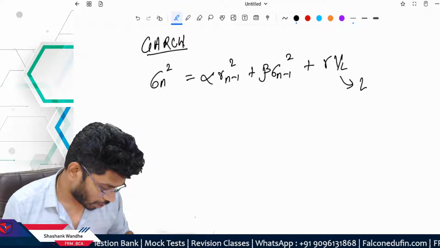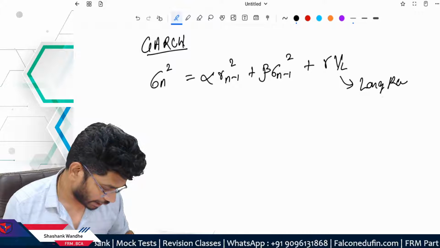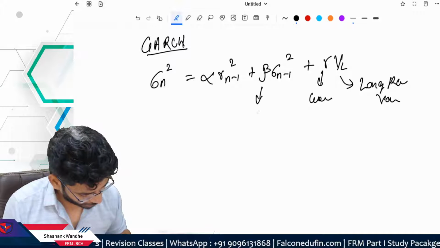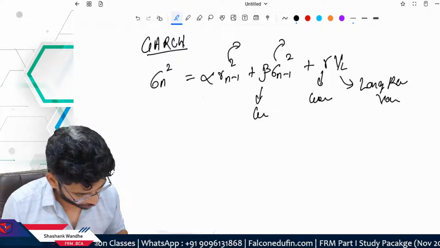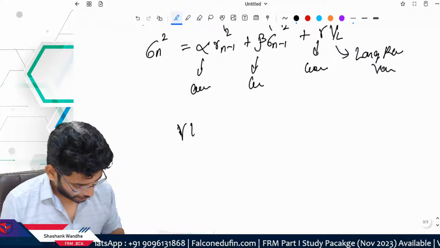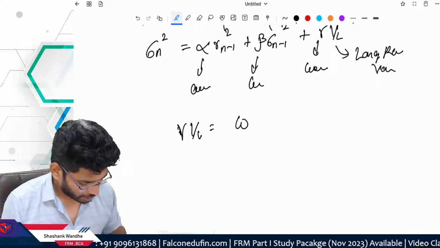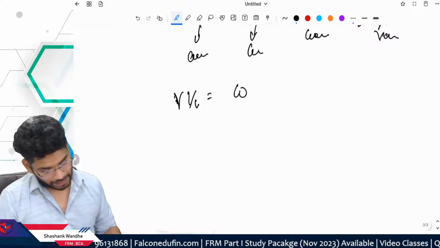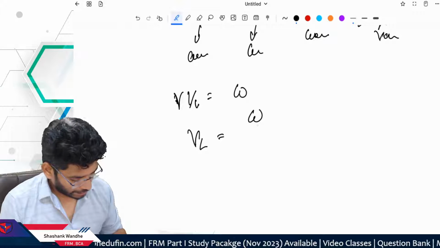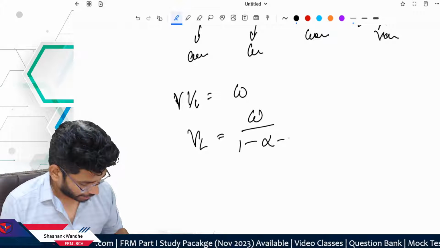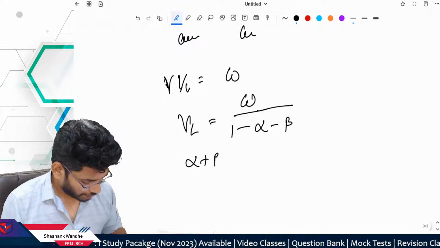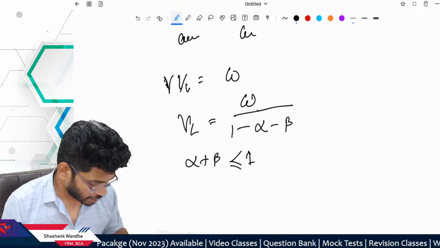This VL is the long run variance. This is a weight, this is a weight. You already know sigma, you already know the drift, and this is also a weight. Now gamma times VL, the long run variance, is known as omega, and there is a relationship: VL is equal to omega divided by 1 minus alpha minus beta. One more thing you need to remember here: alpha plus beta should always be less than or equal to 1,